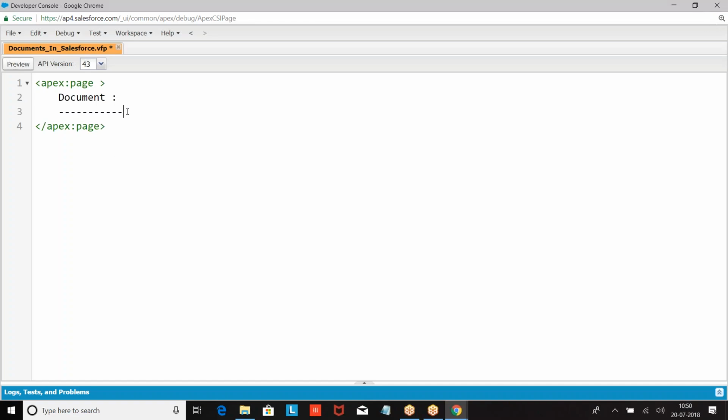So what is this document and why are we going to use it? Document is a standard object. What do you mean by an object? It's a table.